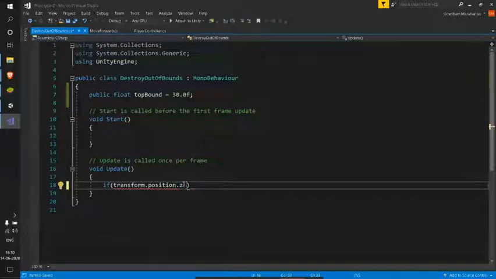So I can have it like if it is above my top bound.